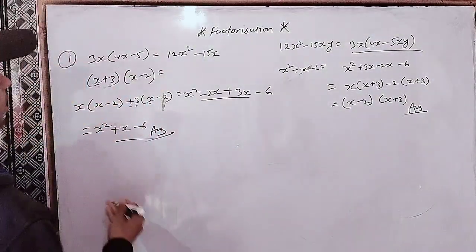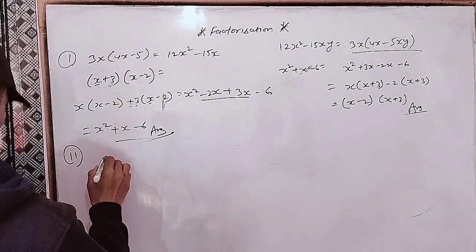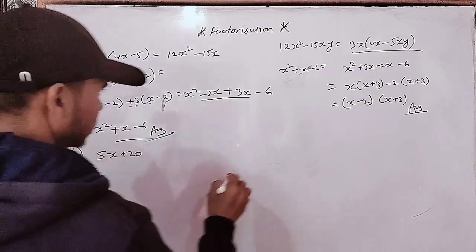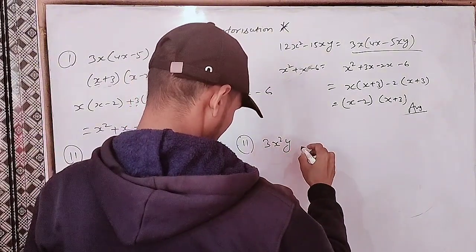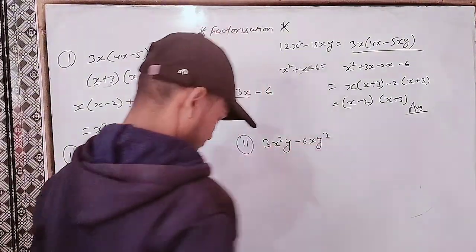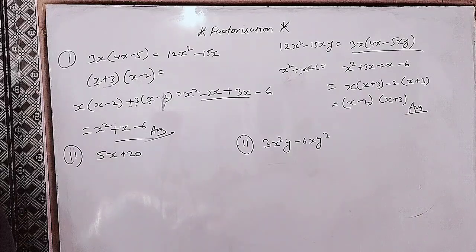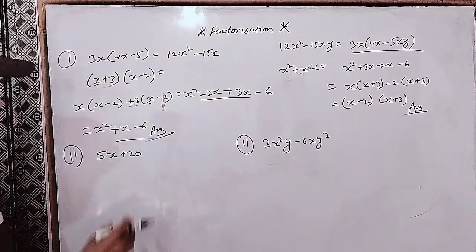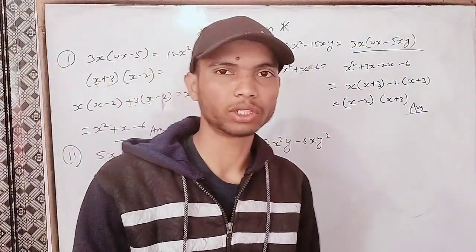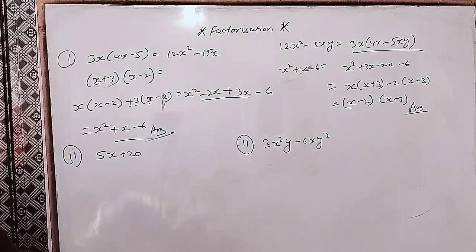Now we are going to take the multiplication, which is 5x plus 20. And then second we have 3x minus 6y. We have for instance first 5x and 20. And it is saying that